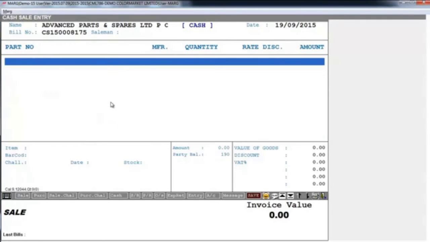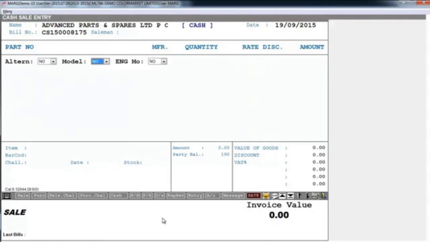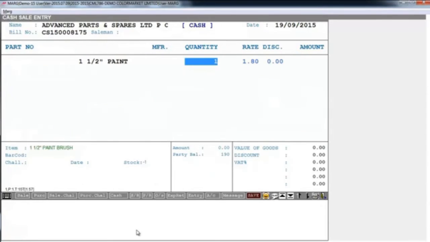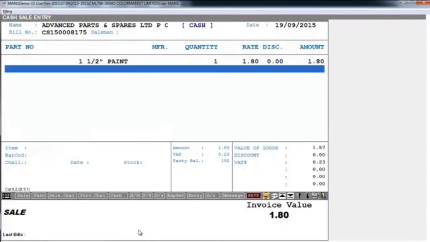Apart from this, if you scan your barcode on this window, you can do barcode-wise scanning as well. So let's generate a bill with one quantity. Press enter. Now as we selected a product and defined its quantity, you must have noticed that the cursor did not switch to the price and discounts field.